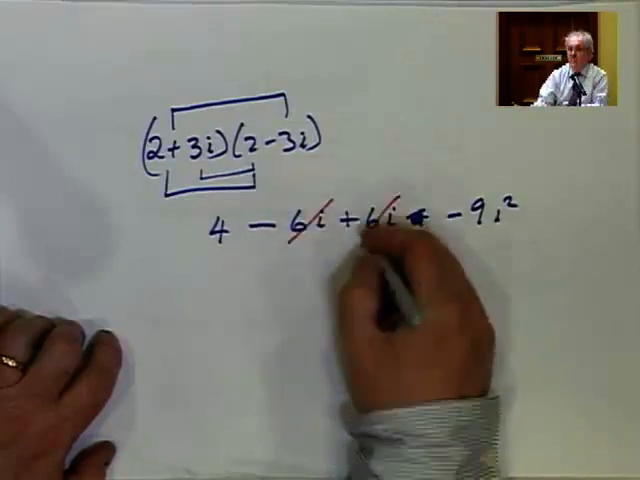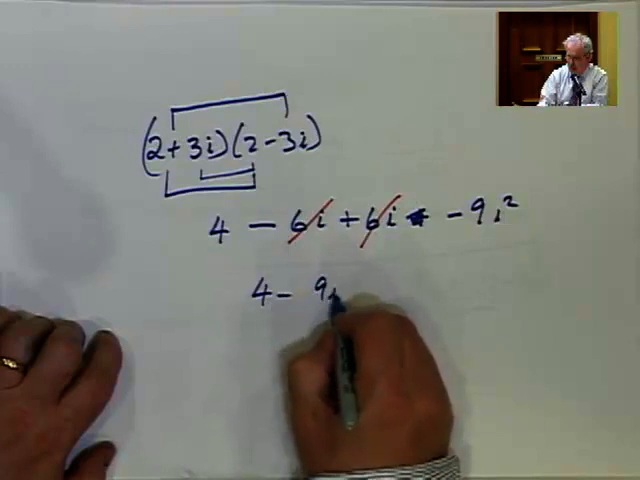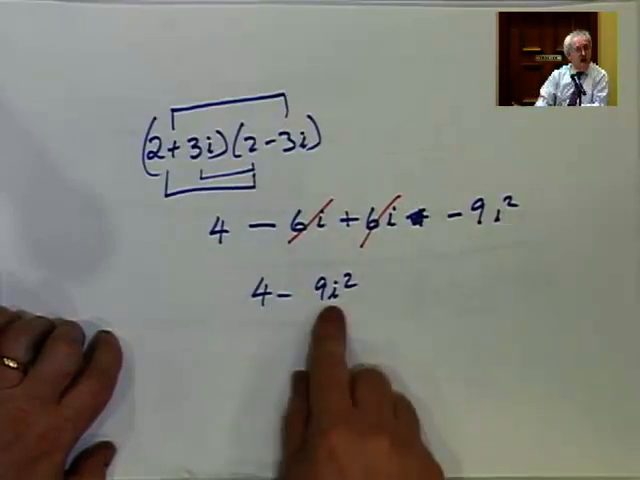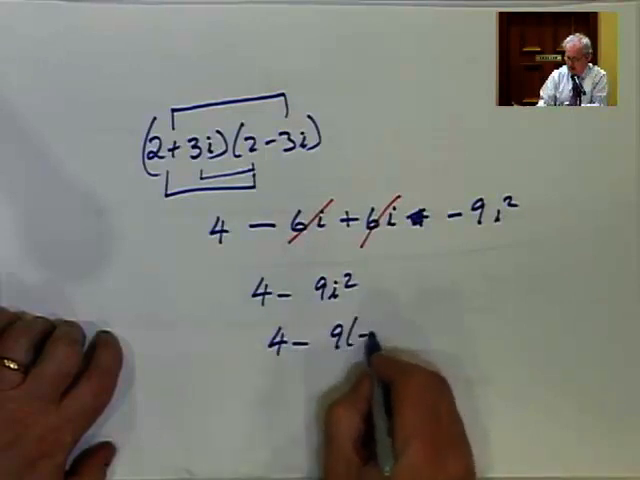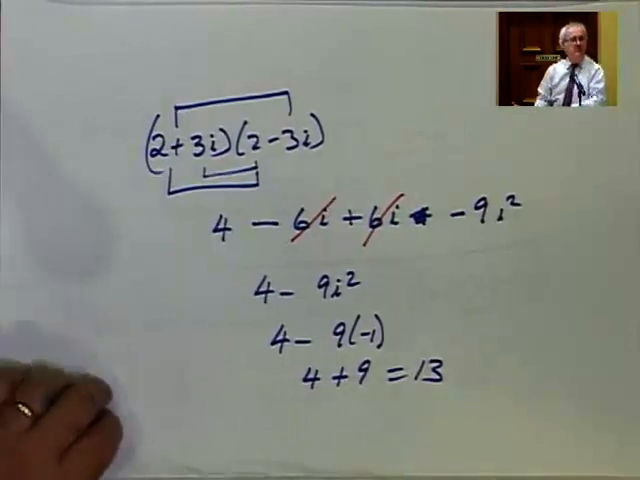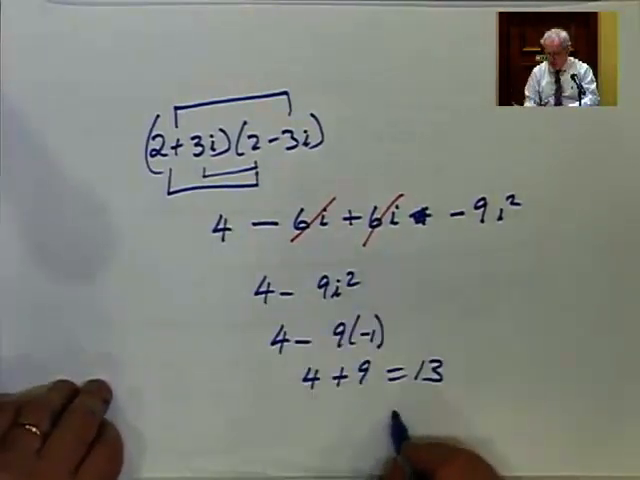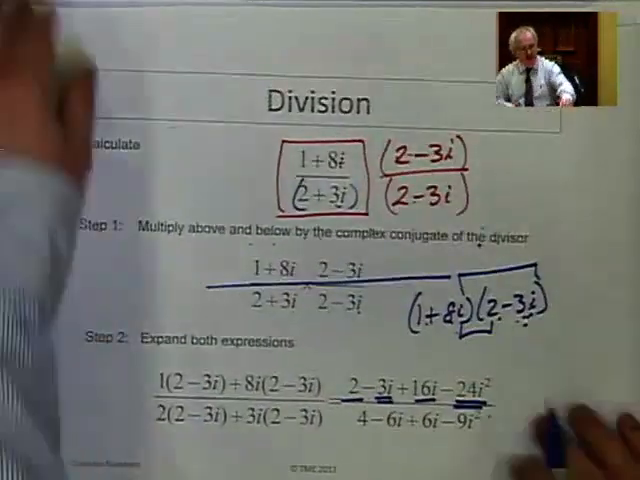They cancel. This becomes 4 minus 9i squared. But i squared is minus 1. So it's 4 minus 9 times minus 1, which is 4 plus 9, which is 13. And there's no i, so it's 13 plus nought i. So if I go to the next page,